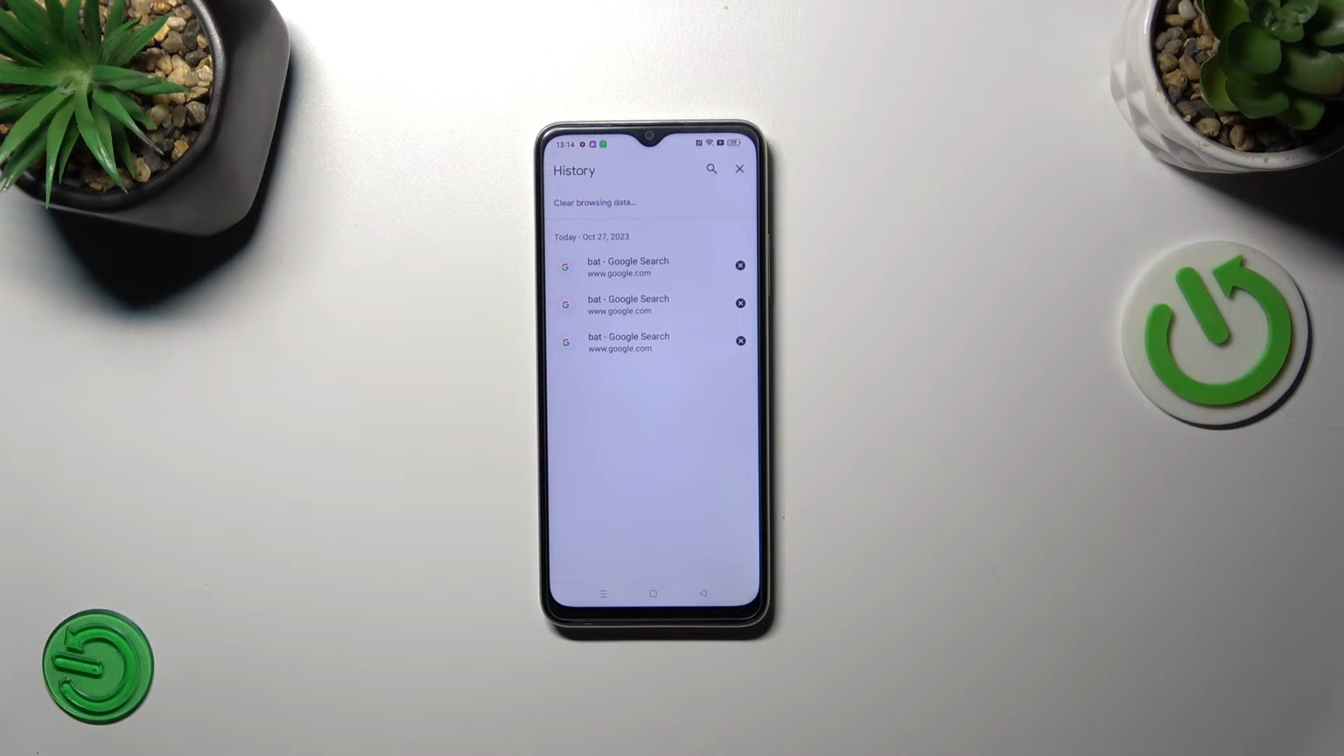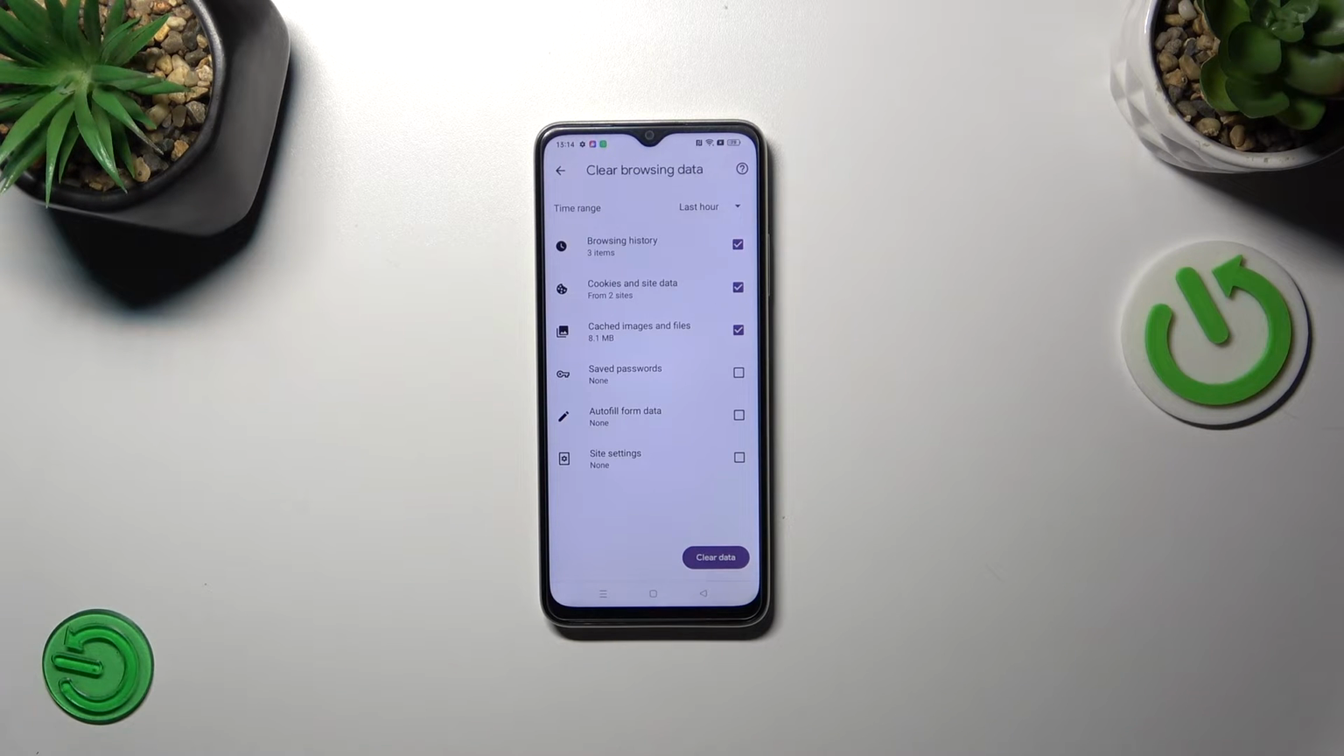However, let's be honest, if you were using the browser for a very long time, this list will be also very long. So it is not really the best idea to remove everything manually, because it will simply take too much time. So all we have to do is to tap on clear browsing data,